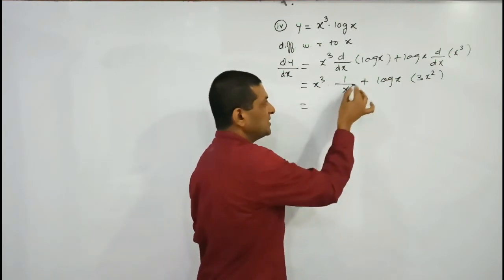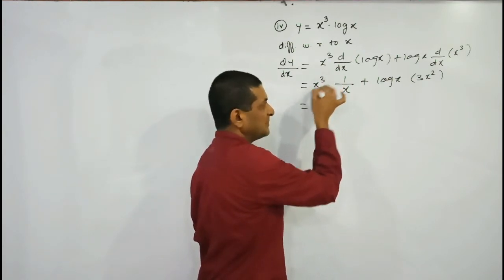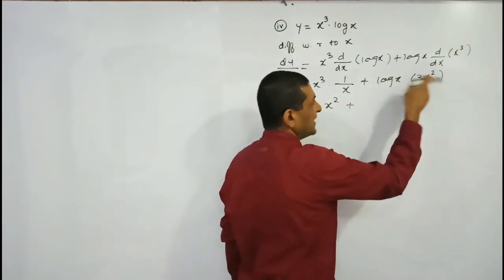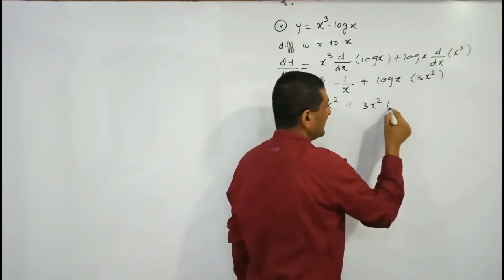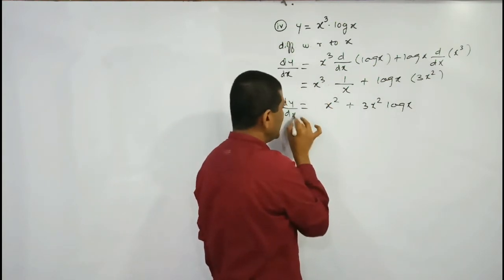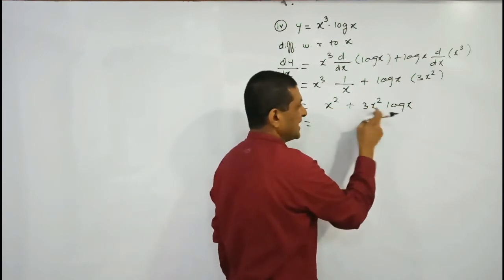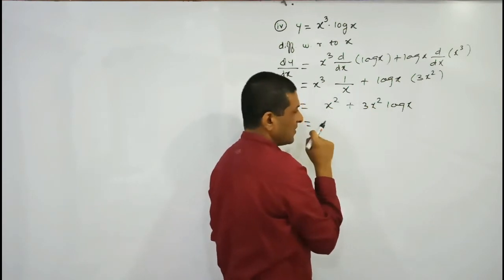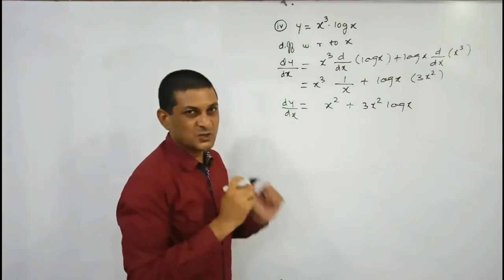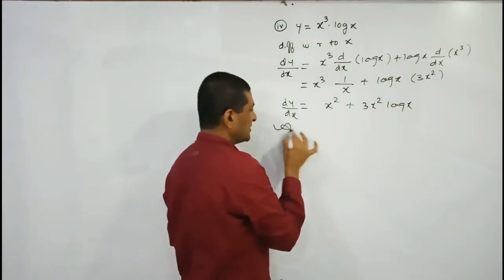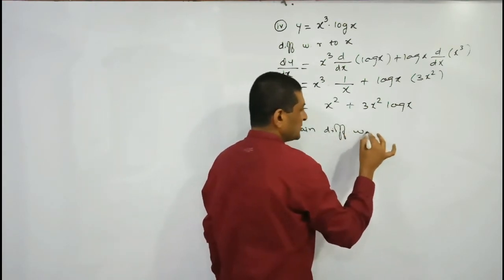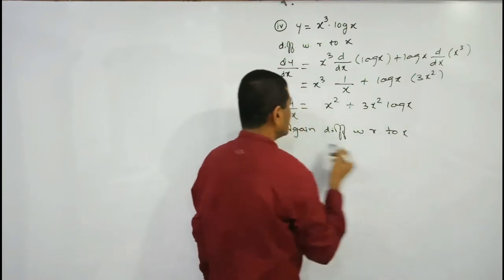So which is equal to, here x and x will get cancelled. After cancelling x from x cube, the remaining term is x square, and here 3x square into log x is 3x square log x, which is nothing but the value of dy upon dx. Again here easily we can observe that we are able to take x square common from both the terms, otherwise keep it as it is. So this is nothing but our first order derivative. So again differentiate it with respect to x. Let us see what we'll get.